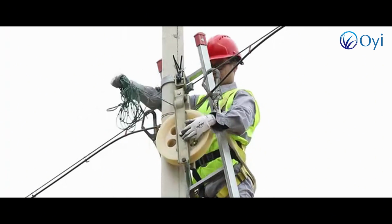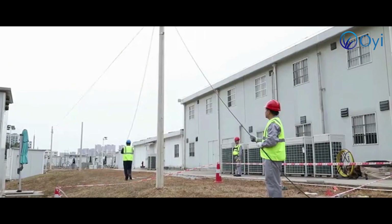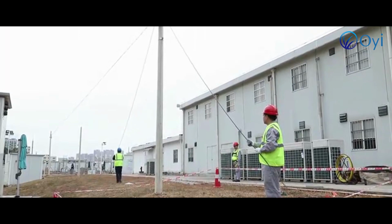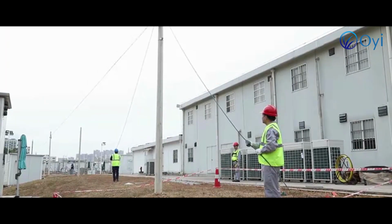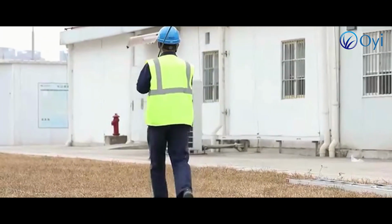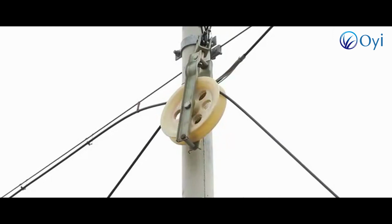The traction personnel of ground optical cables should keep a proper traction angle and pull the traction rope using the nylon pulley that meets the requirements to do the optical cable online and straight traction. The maximum angle of the online traction